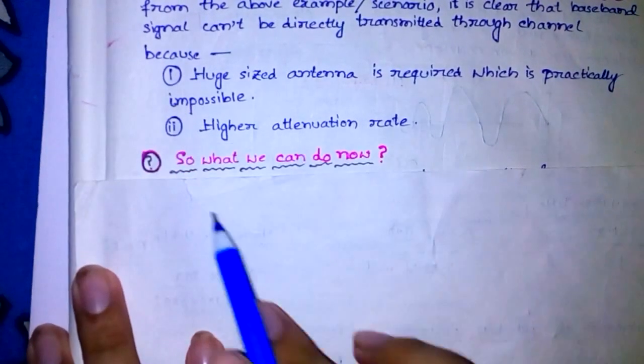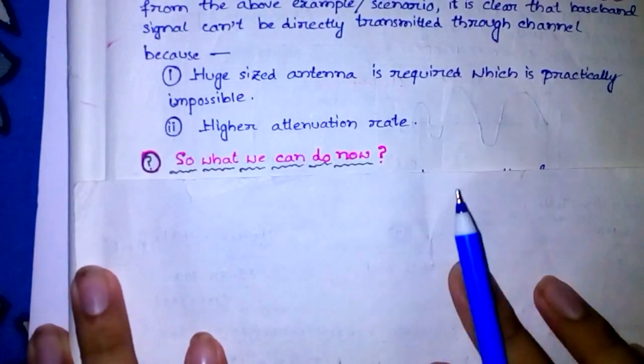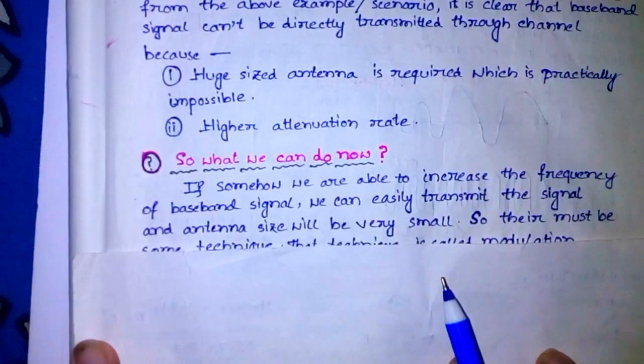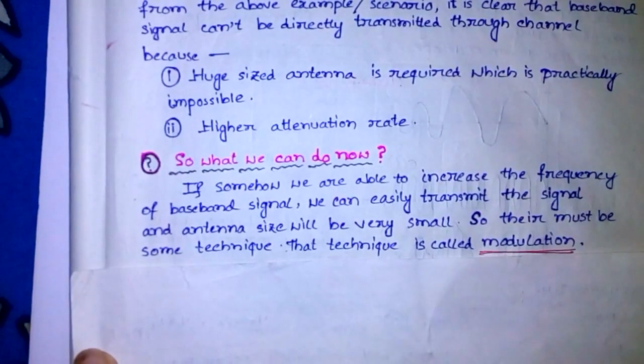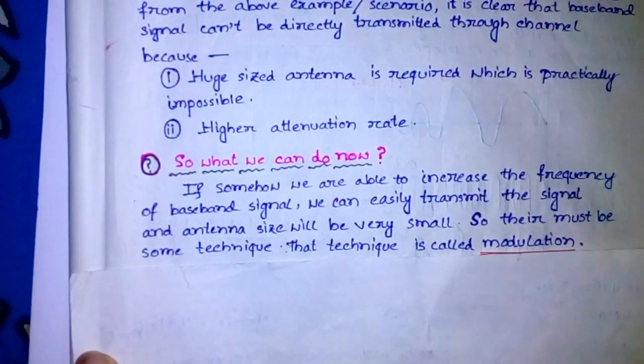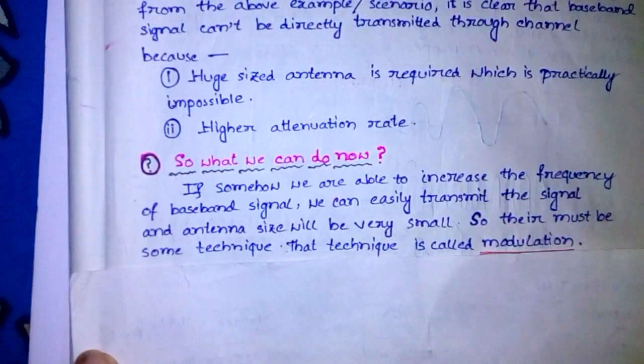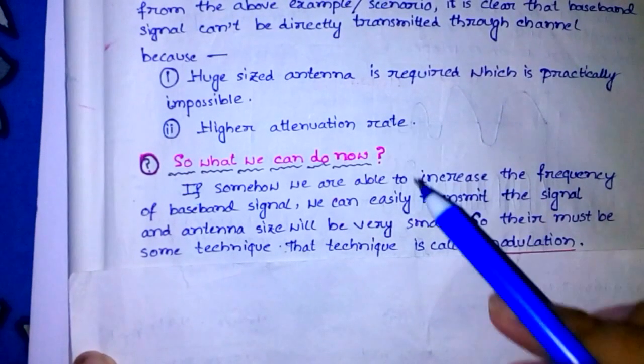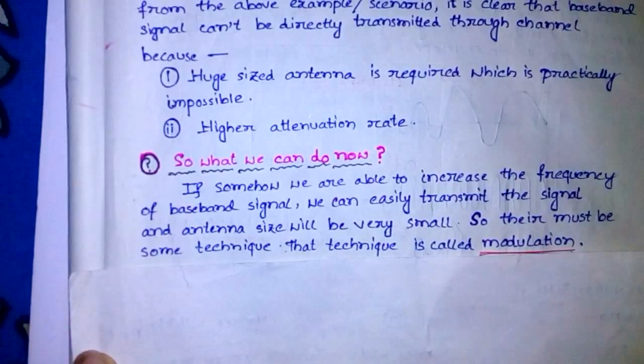So what can we do now? Here is the answer: if somehow we convert that lower frequency signal into a higher frequency signal, then we can easily transmit it, because for higher frequency signals the wavelength is shorter, and to transmit a shorter wavelength we need